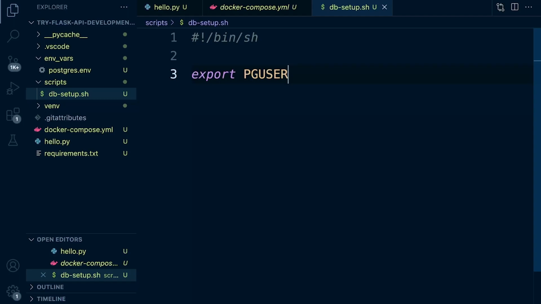So PG user. We specify the user, that's going to be Postgres. You may have changed the Postgres username, so you can go ahead and do that. Then we're going to create a new database, so PSQL, and let's remember, we're going to use the C flag here. This line will execute a command to create a new PostgreSQL database. The C option, or flag as I call it, specifies that the following SQL command should be executed as a single command string. So let's go ahead and say create